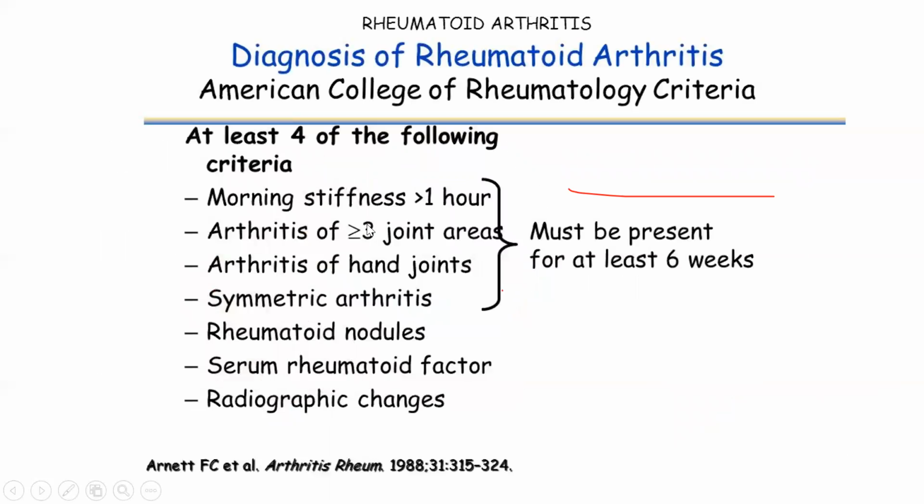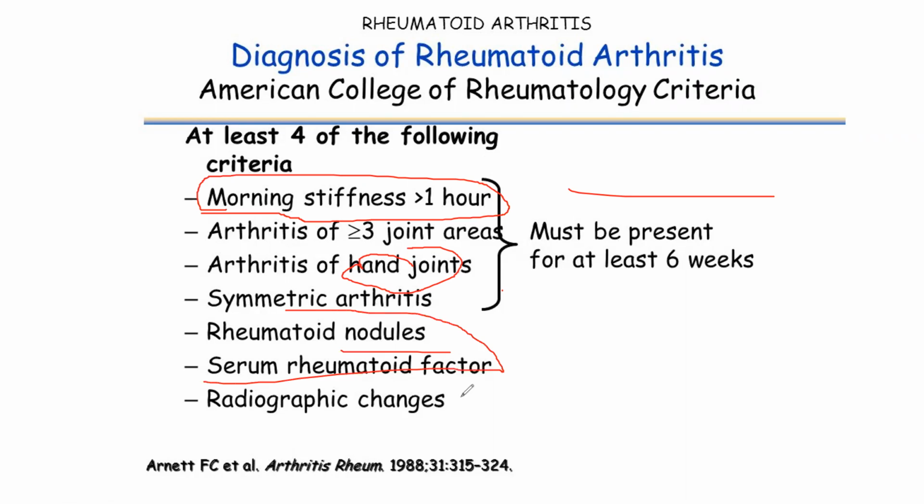Now this is the diagnosis criteria. The only one thing you have to remember in diagnosis criteria is morning stiffness. If you have a morning stiffness of more than 1 hour, every morning you wake up, you have a stiffness of more than 1 hour. That is a very important criterion in rheumatoid arthritis. So morning stiffness is a must in rheumatoid arthritis. Then the rest: arthritis of hand joints, because obviously hand joints are involved. Then you have symmetric involvement, as it is a systemic disease, then nodules and factor. All related to rheumatoid. Because of rheumatoid, there are two things: one is rheumatoid factor and one is rheumatoid nodule.